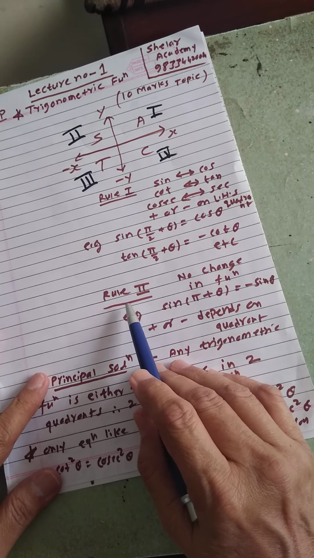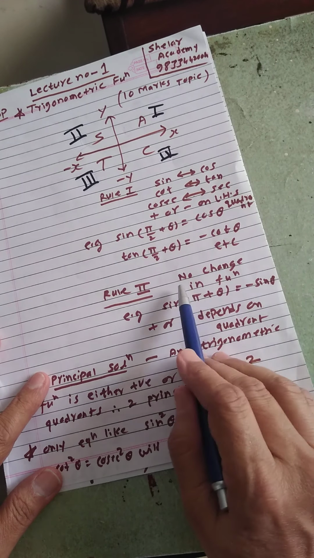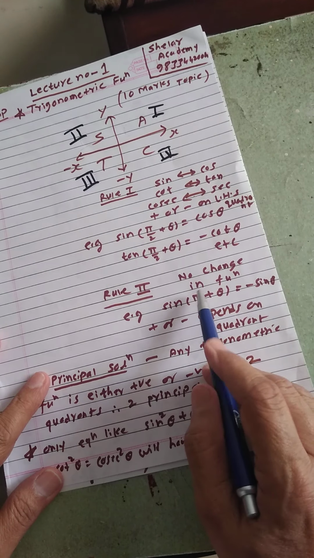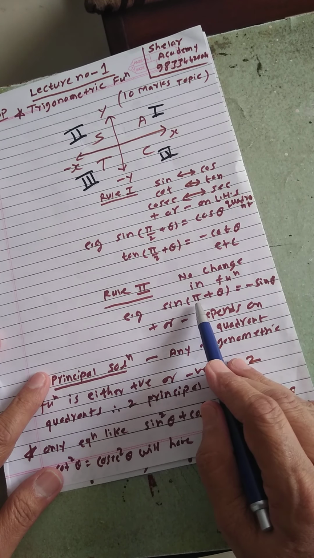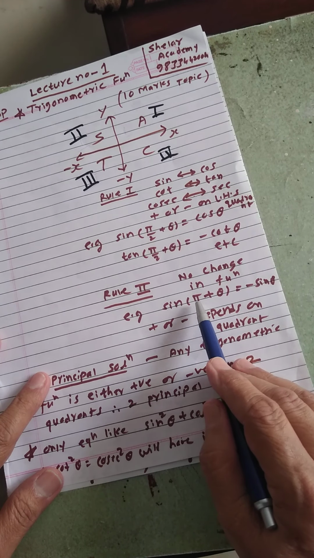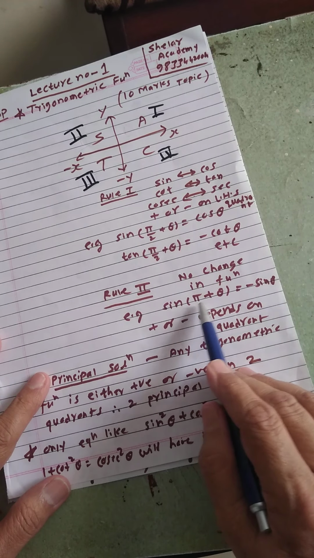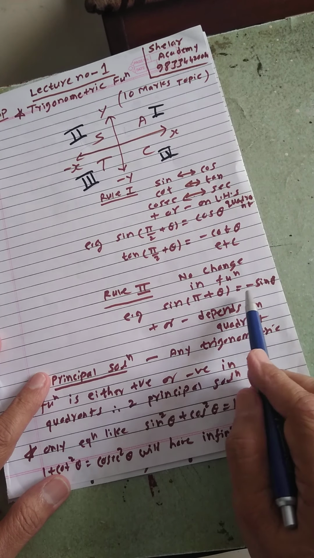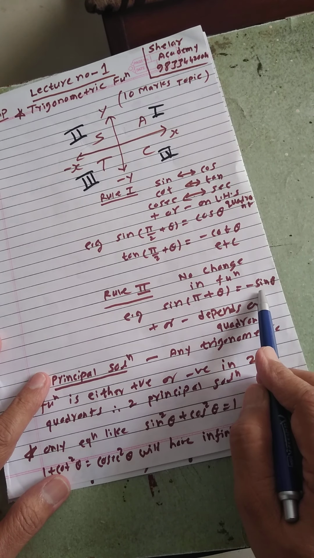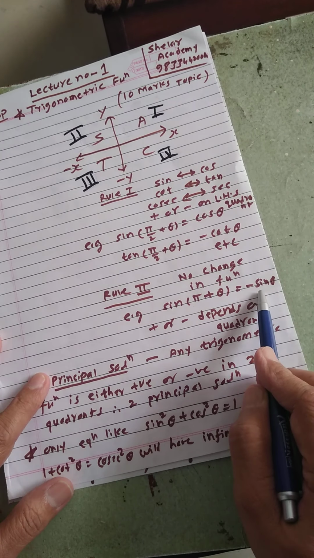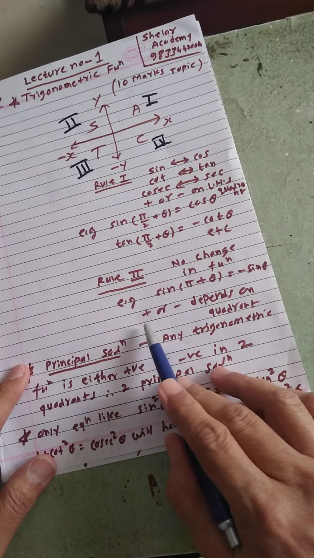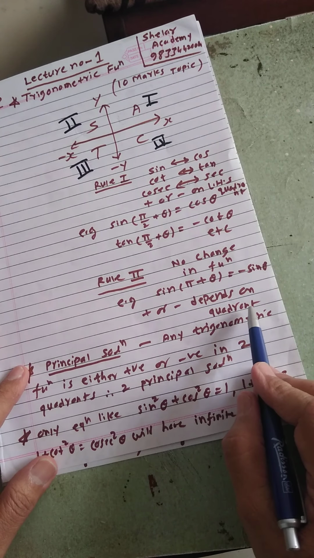And rule number 2 says that there is no change in the function whenever the function has an angle added or subtracted from pi, 2 pi, 3 pi, etc. Example, suppose sine of pi plus theta, then sine will remain sine, and minus because in the third quadrant sine is negative. And plus or minus depends upon the quadrant. Now